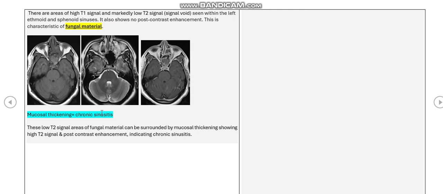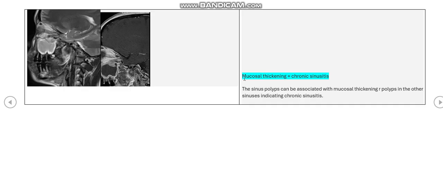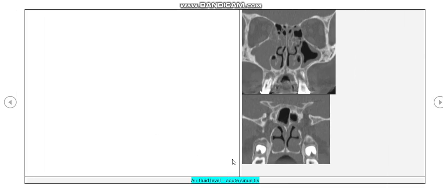How to distinguish between chronic sinusitis and acute sinusitis? Chronic sinusitis will show mucosal thickening. Once you detect mucosal thickening, this is chronic sinusitis. However, if you detect an air fluid level within the sinus, this is acute sinusitis. So here, mucosal thickening within the sinus